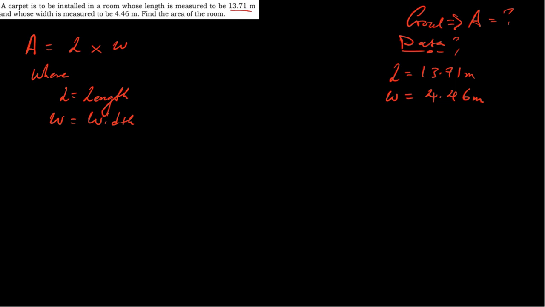Having this, we can plug and chug, and we'll have our area being equal to 13.71, being our length, by 4.46, being our width. And if we get our calculators, we'll have area being equivalent to a value of